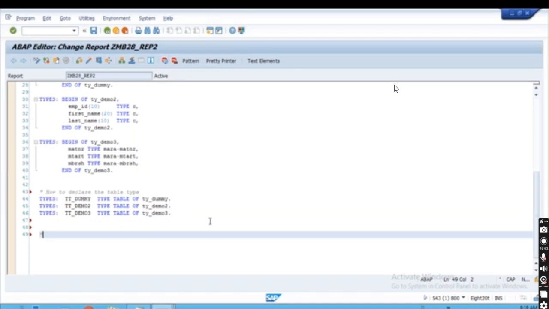now how to define the work area, and what is the work area? So work area is nothing but it holds the single record at runtime during the session of the program, right? During the session of the program means when you will run this program, okay, when you will run this program